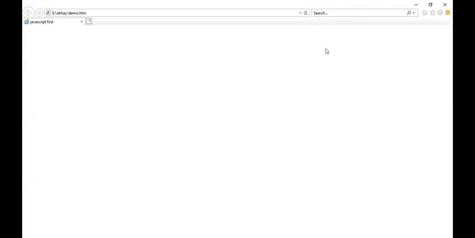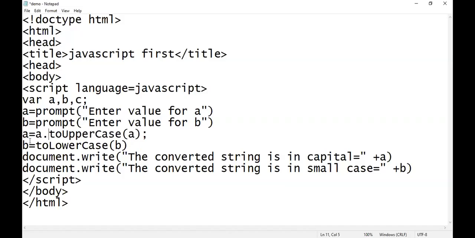So we have to open notepad and we have to write a dot and here b dot. Now why am I using the a dot? See, this concept is called object. Now this object a is an object and to uppercase is a function.